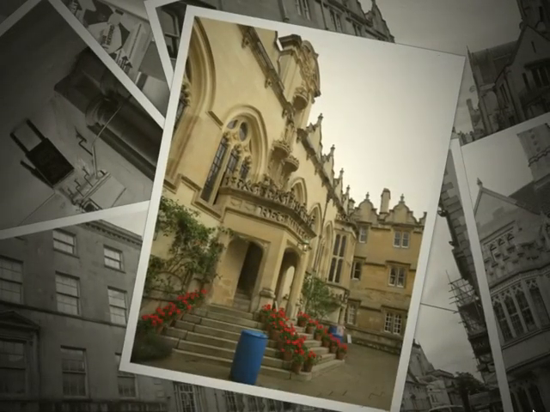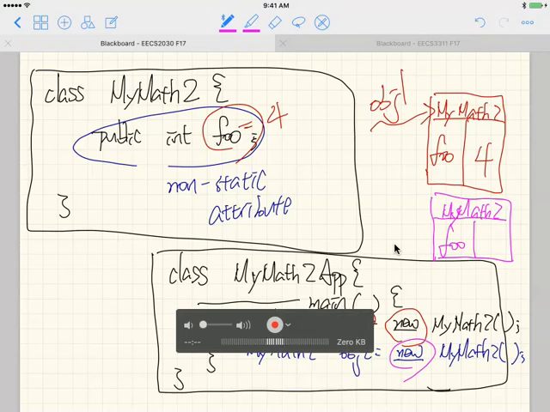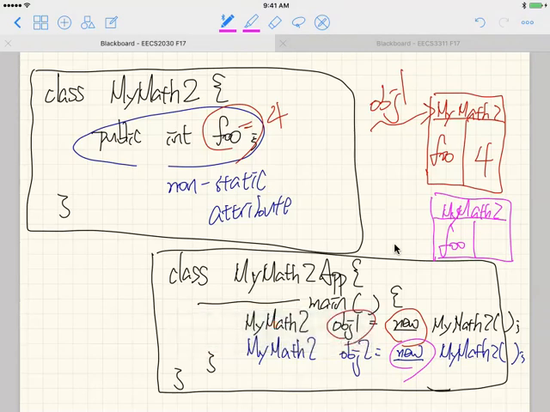And then every my math 2 object has an attribute called foo. And I can do 4 here. But you can see the separate copies. We got 2 copies of the value 4, 2 copies. And then this time it's called object 2. You can see 2 copies here, right? So now,